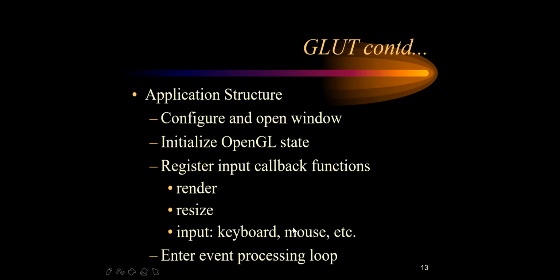Also you can give the mouse button functionality. Suppose if I click the left button, then it has to move from left to right. That kind of input functions you can give while writing the programs. That is known as callback functions. Some callback functions will be there, by using that you can render your object. It means you can move your object from one place to another place. You can resize your object, you can make it small, you can make it big.